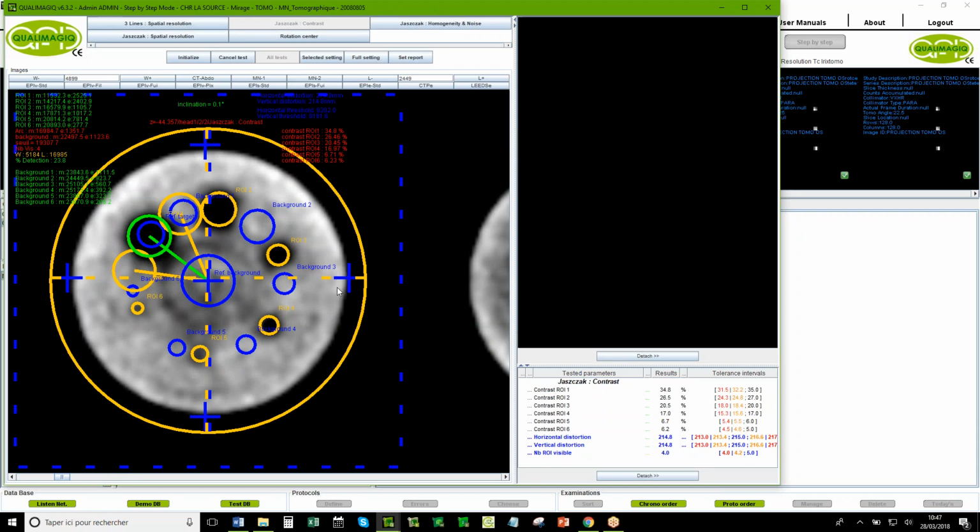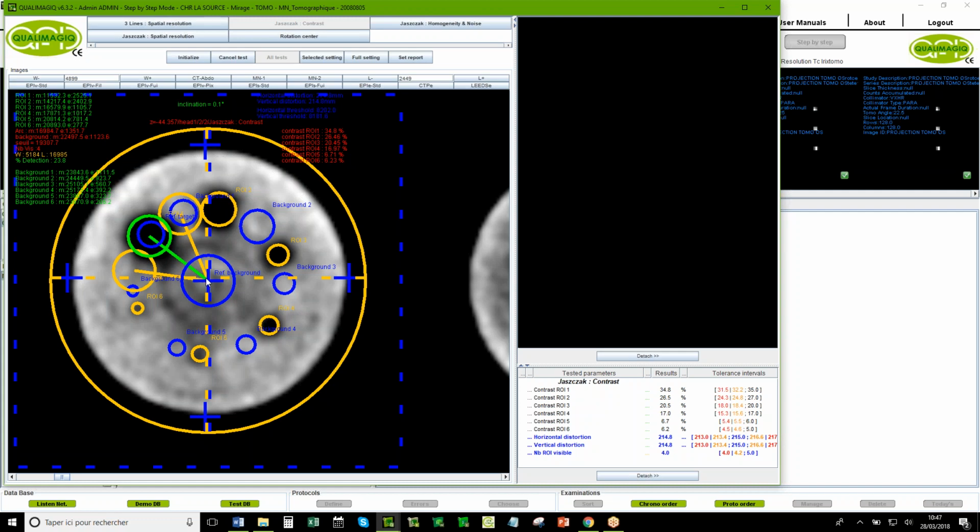What we do, we detect the edge of the circular phantom. It's a cylindrical phantom, so in the slice, it's a circle. And after we have a target which turns, and we detect the signal in this big target to know the orientation of the phantom.